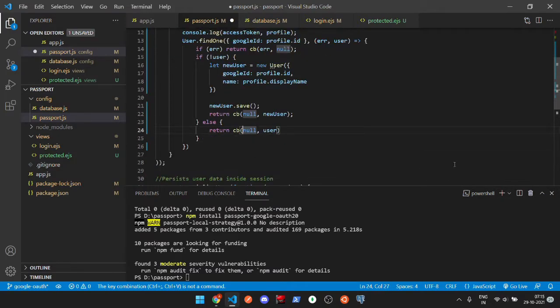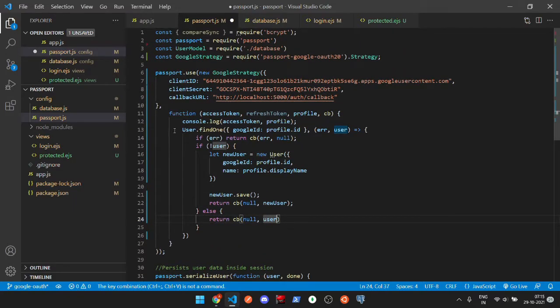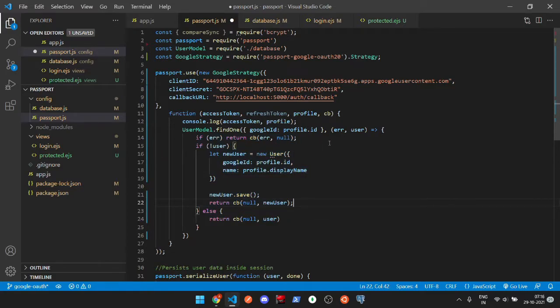I'll actually replace this with this. So here what we are doing is we try to find a user. Instead of user, I'll just pass in the user model. We are trying to find a user with a valid Google ID. This implementation is going to be similar to the one that we looked at in the Passport local strategy. So if we get an error, we'll return this condition first. So if we don't get a user, which means that this is the first time that we are trying to authenticate using Google, we'll then create a new user for this Google ID.